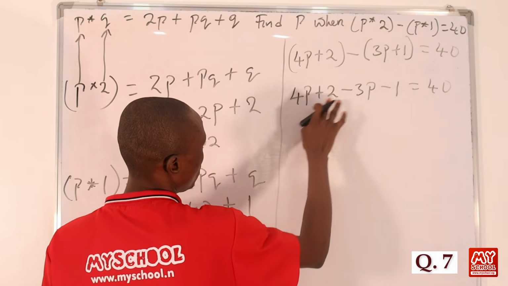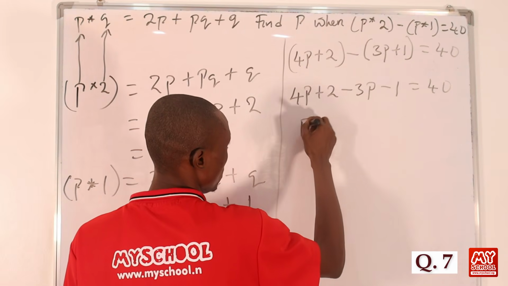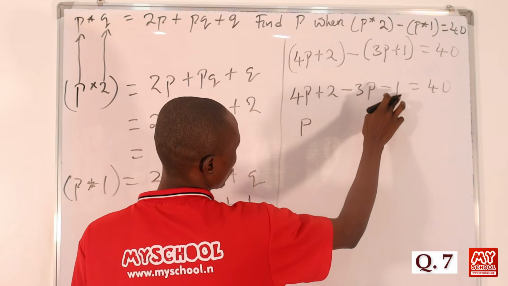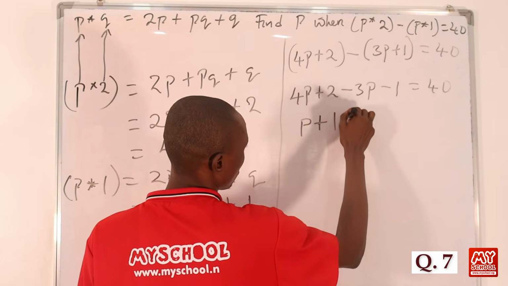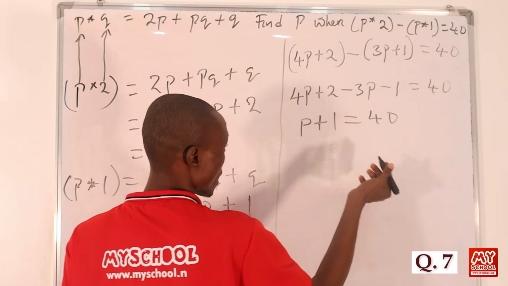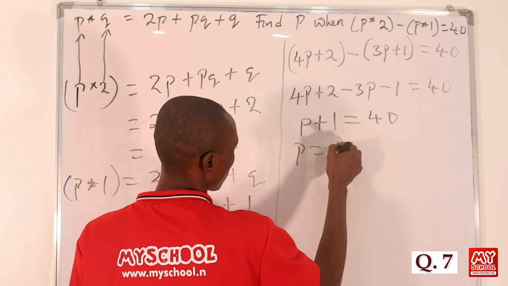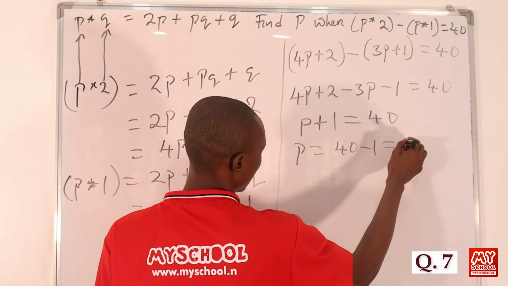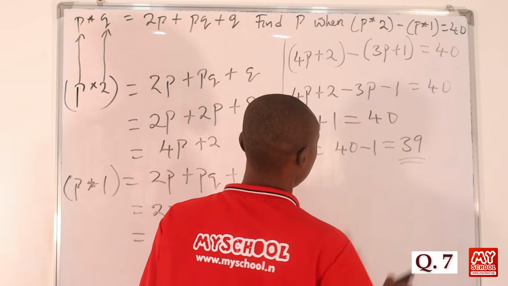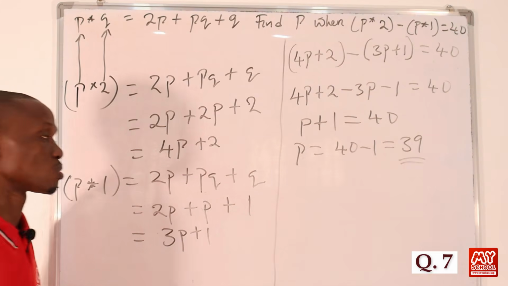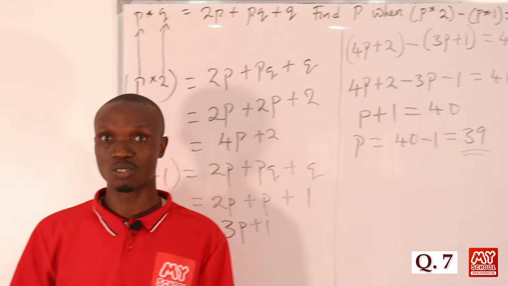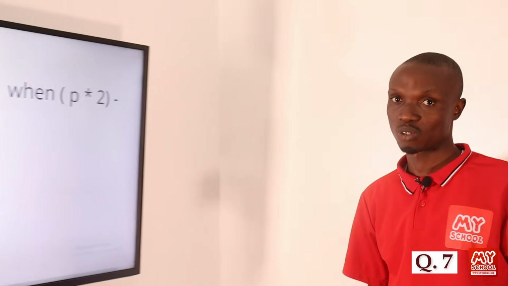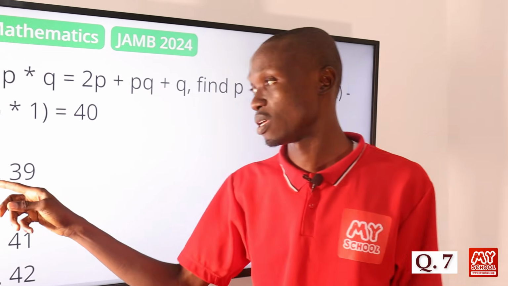So 4P minus 3P will be equal to P, then 2 minus 1 equals 1, right? So this is equal to 40. We collect like terms. So P will be equal to 40 minus 1, and that is equal to 39. So the value of P is equal to 39. Let's return back to the screen to pick the correct answer to this question, and that is option A,